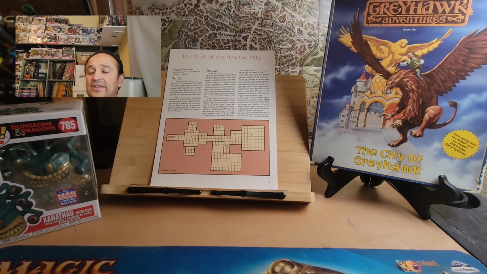The PCs are contacted by the members of the Jewelers and Gem Cutters Guild and offered 50 gold pieces each, plus expenses, to investigate the mysterious disappearance of Dorshak Crane, a member of the guild. A representative of the Guild of Lawyers and Scribes offers the PCs...